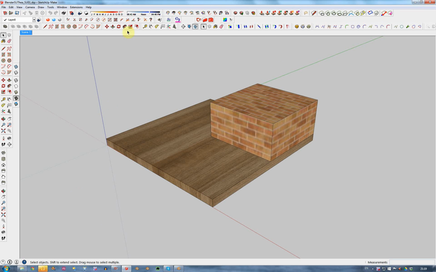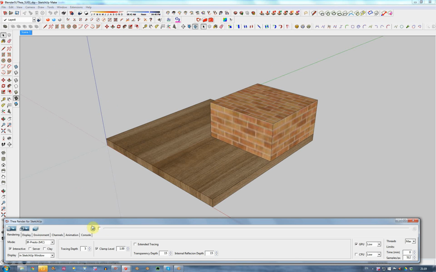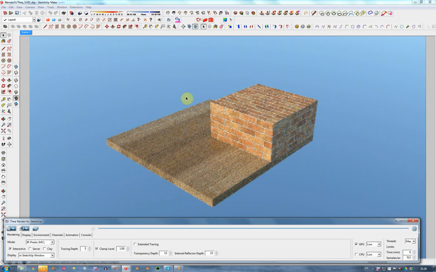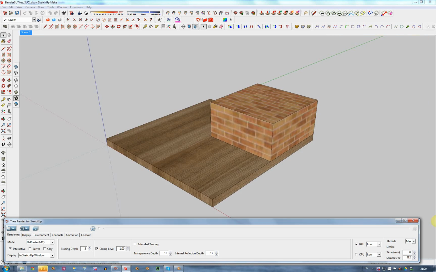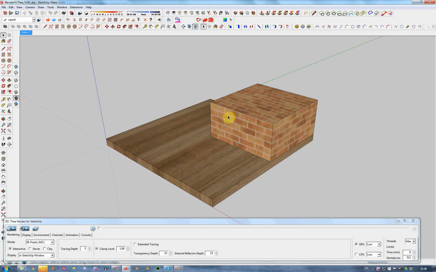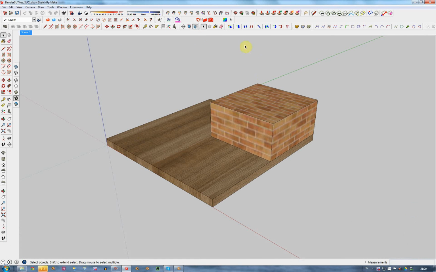Okay, now if I go ahead and just render this, something to note is I've got this funny camera angle. I've got the sun in the sky, and here I am just building my model. I'm just trying to get the background sort of the way I want it. Okay, then I will export that to Thea Studio, and then over in Thea,